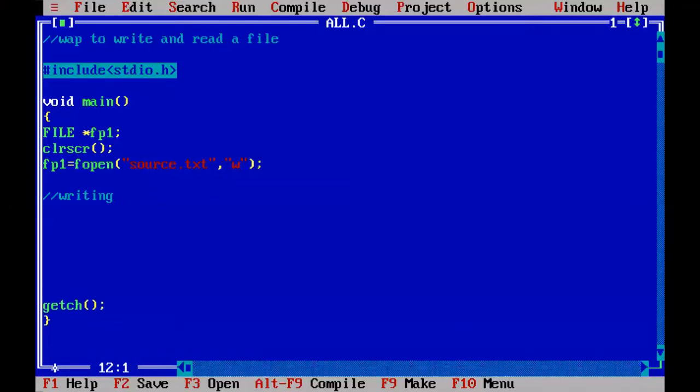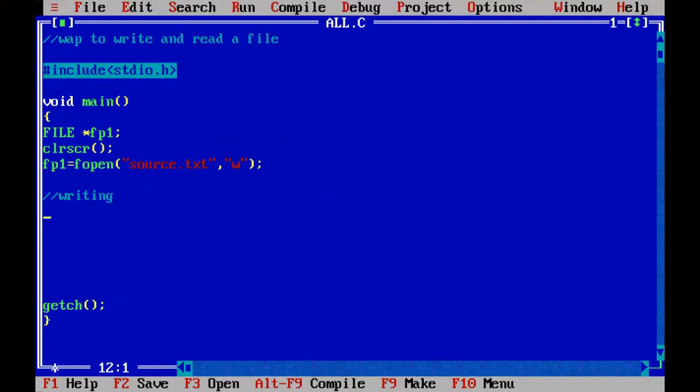So I am following the character by character approach. In the first program you remember, the first program in the file, file1.c, to write character by character, one function is there. To read character by character, one more function. To write character by character, we have fputc. So that function we have to use. Whenever we use fputc, only one character is written into the file. To write multiple characters, we have to repeat that fputc function.